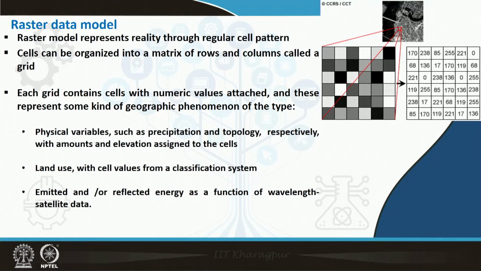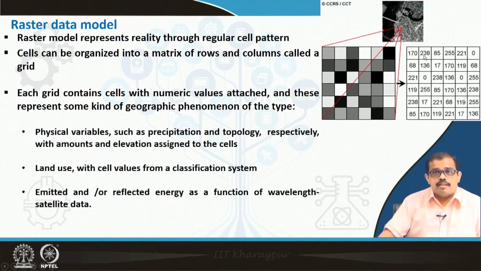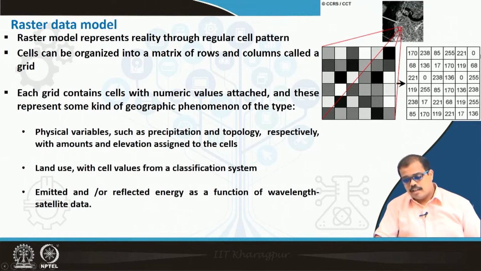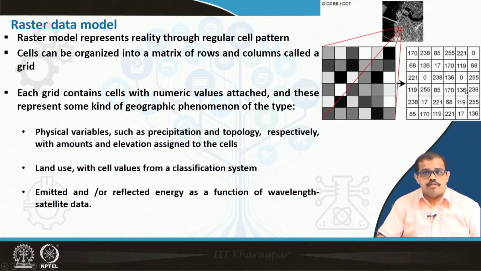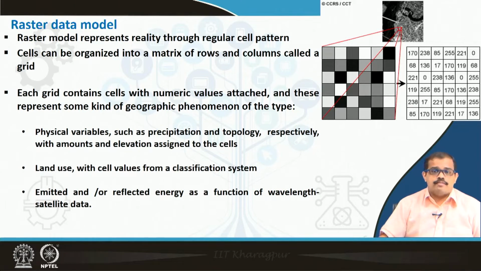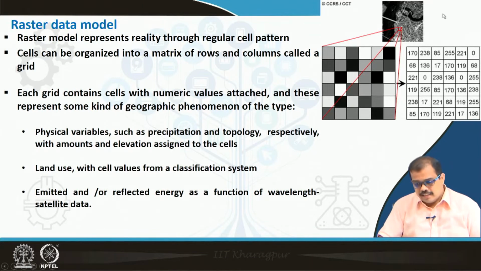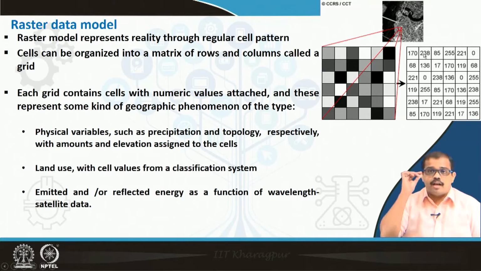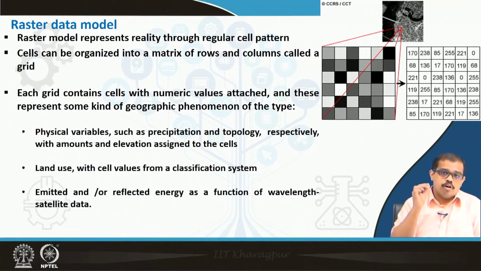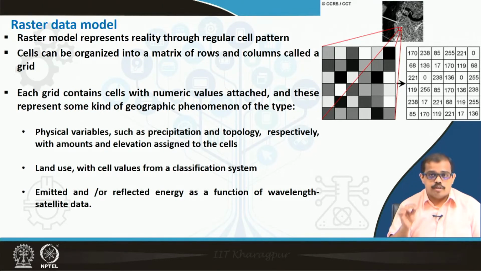When I look at the black to white shades that are here, each of these shades represents certain values. The maximum value is 255 and the minimum value is 0, which means 0 represents black and the maximum value, 255, represents white. So, anything between 0 and 255 is represented between black and white. Each of these values refers to the amount of reflection from the objects on the earth surface. That is how we distinguish different objects on the earth surface.